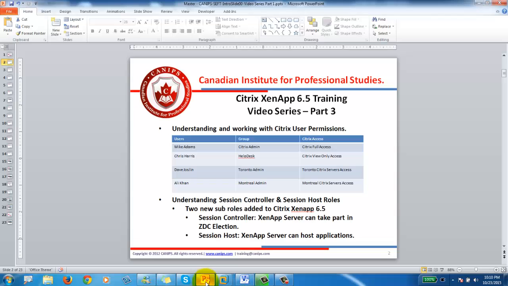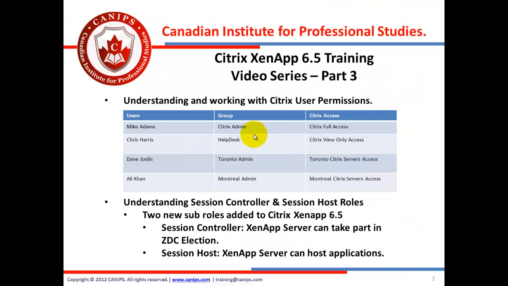So going back to our slide, for understanding user permissions in Citrix, this is how we are going to go through. The best practice in Active Directory groups permission security is that we should assign permissions and security to groups instead of users. Although we can go directly into Citrix and give users the required access to the Citrix environment, in real environments most of the time it is always groups that are given access, and we'll add